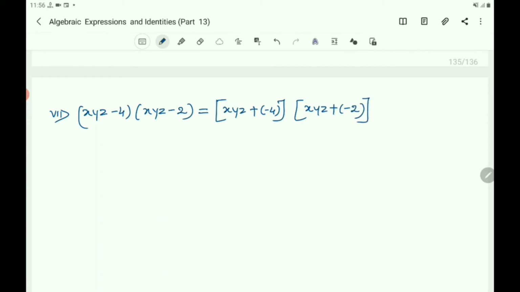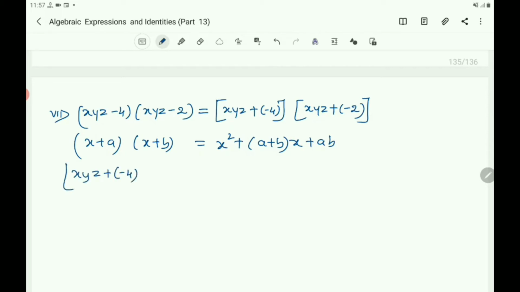Then you write the identity x plus a into x plus b equals x square plus a plus b into x plus ab. Then you write xyz plus minus 4, xyz plus minus 2